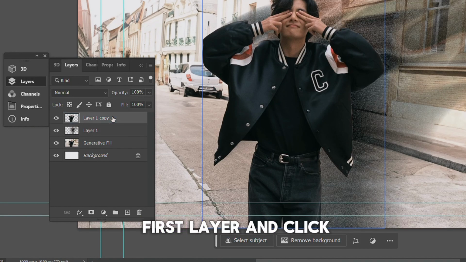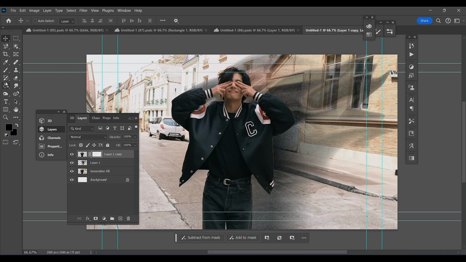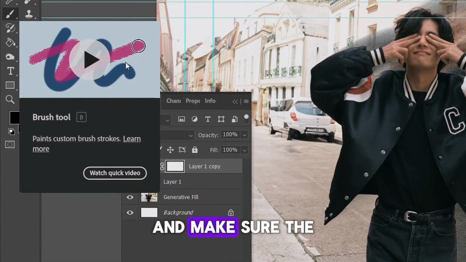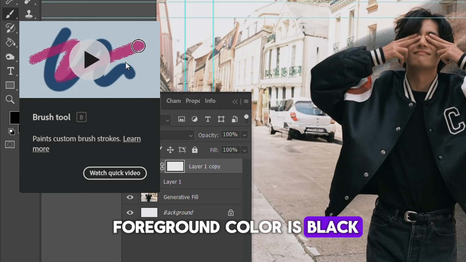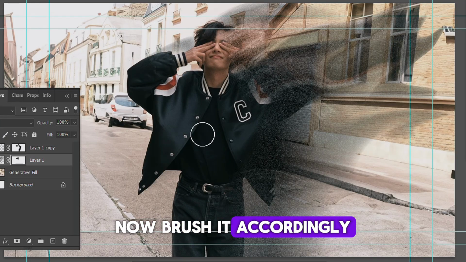Now go on the first layer and click the mask option. Take the brush tool and make sure the foreground color is black. Now brush it accordingly